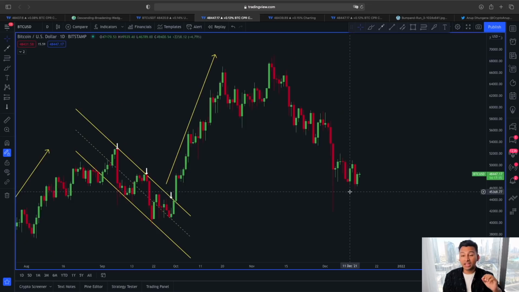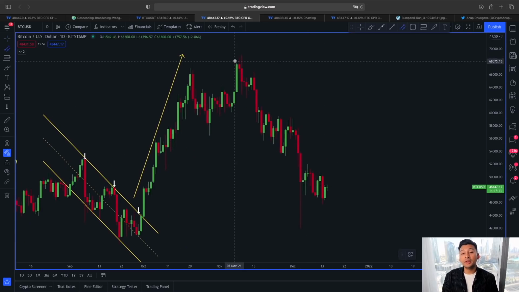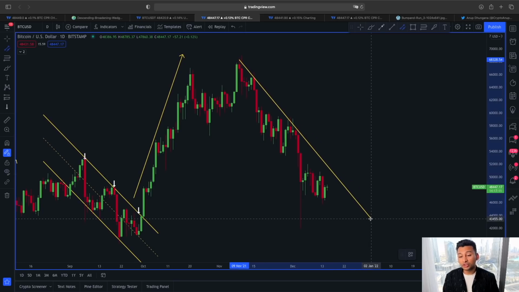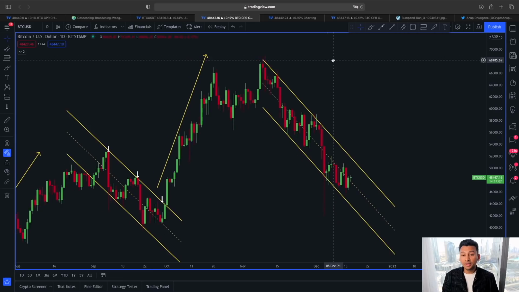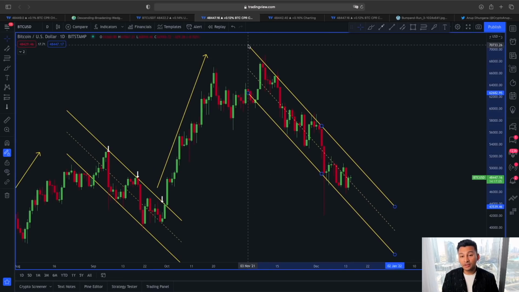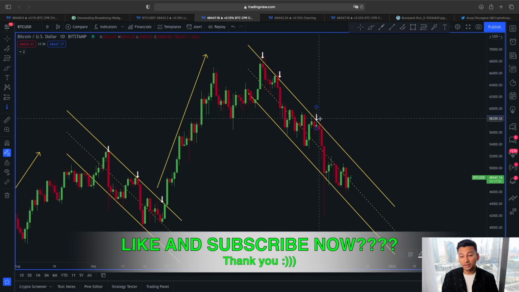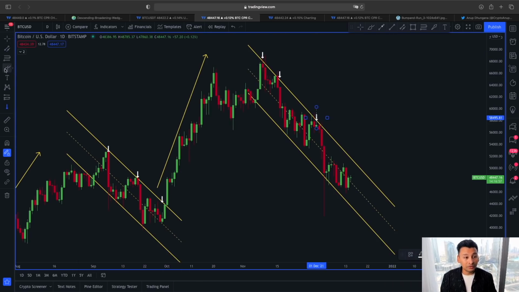And what I'm actually trying to show you here is the exact scenario that could also be playing out in our case. So if this is going to be another descending channel breakout type of scenario for Bitcoin, then we can see this resistance line, the upper line area from this descending channel, which is around 50,500, must be broken at any cost. Because if we do break the resistance around this range, right, and flip it into support, then